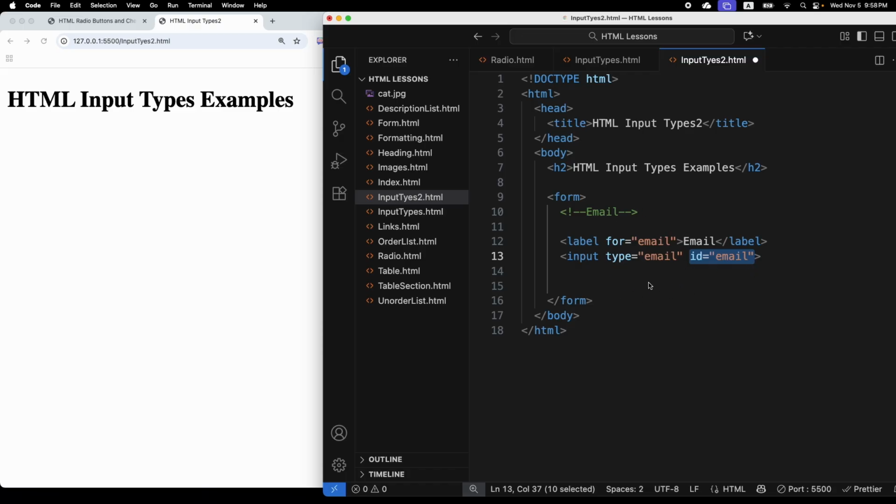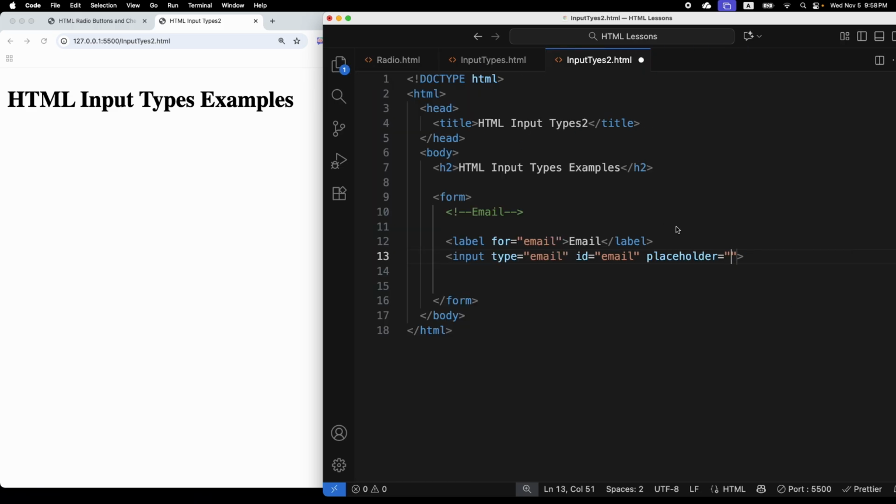We can change the color, we can add whatever styling that we want by targeting this ID. Then let's create a placeholder equal to, let's close this one. Placeholder is equal to enter your email,